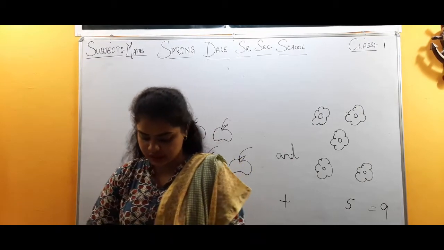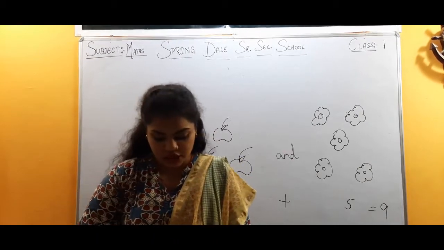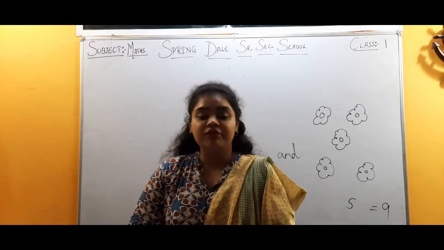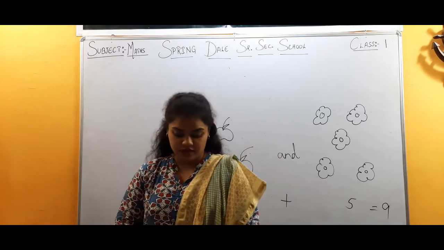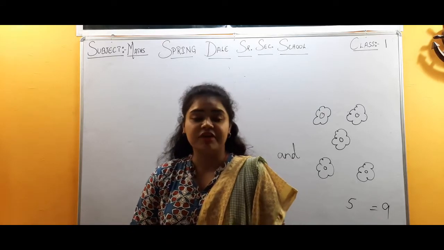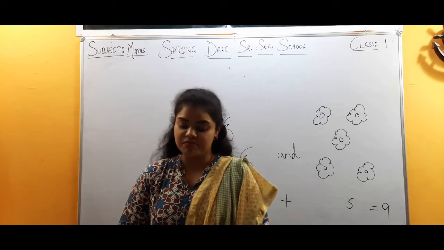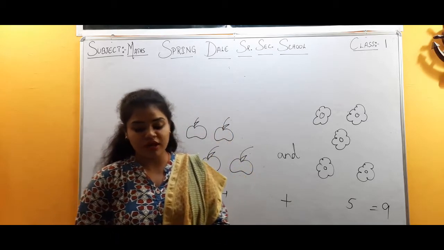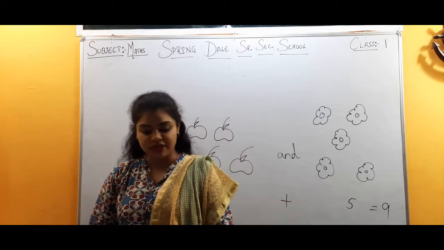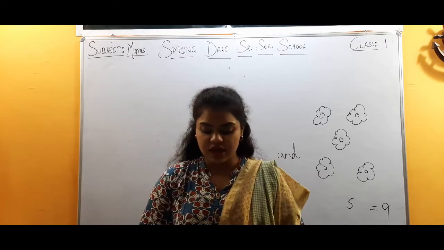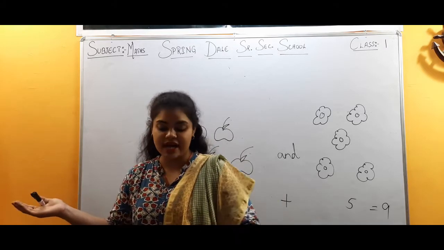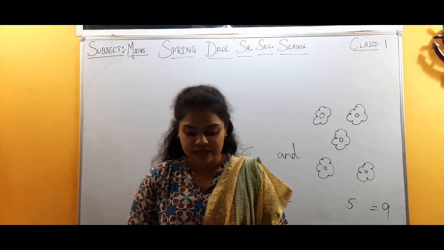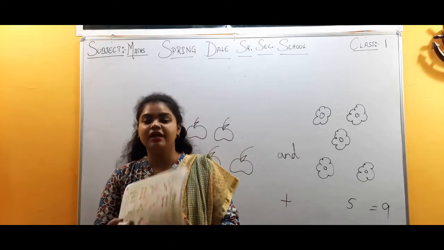Now children, coming to the next page, page number 22. Here we have self-practice 1E on page number 22. The question we have, count the objects and add the numbers. We have taken one example and we have done. So you have to complete the exercise at the page number 22, that is self-practice 1E. In the first one, at the one side you have the 3 roses and the second one you have 4. What is 4 plus 3? 7. So you have to write 7 in the circle which is given in your textbook. Okay children?